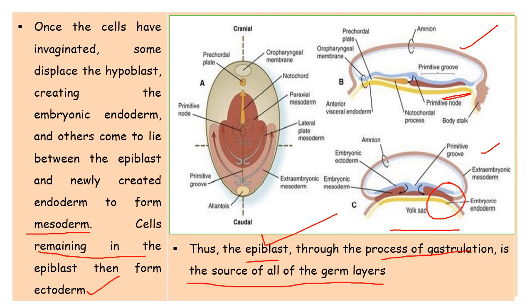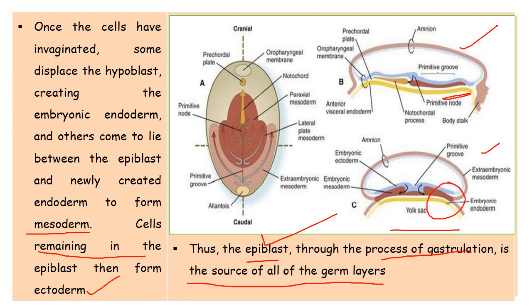Different types of membranes are shown here, and mesoderm is also divided into different segments: the paraxial mesoderm, which is toward the anterior region, and the lateral plate mesoderm, which is toward the caudal region. So different types of mesoderms are present here, and this is the fate map of the mammals. This is the fate map which is showing the movement of the cells and ultimately forming the different kinds of areas.